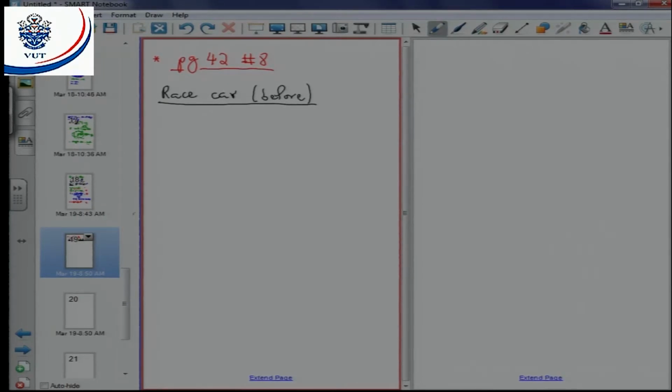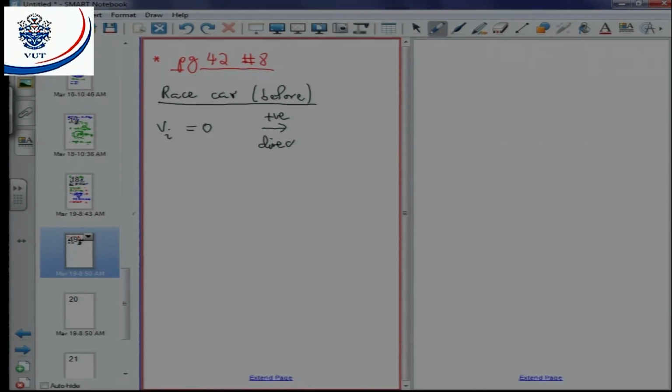So we are told that the driver makes a pit stop, so there's no information there, and then after refueling he leaves the pit area. So we know that the initial speed, which is vi, equals 0. Again, before you even do anything with these equations, you need to choose the direction where you have positive. So I always choose positive to be the direction of motion,